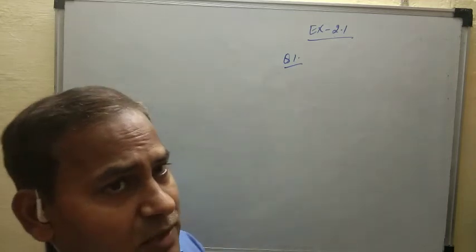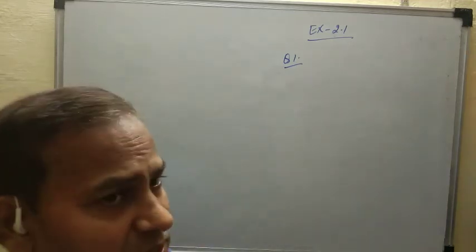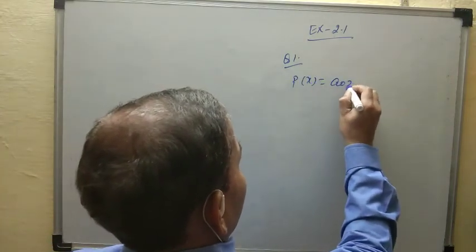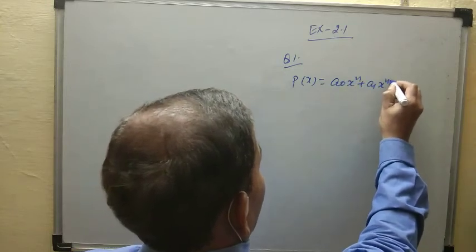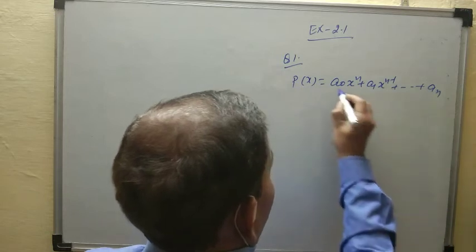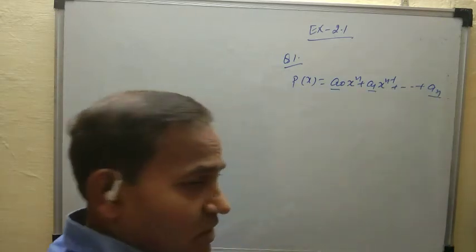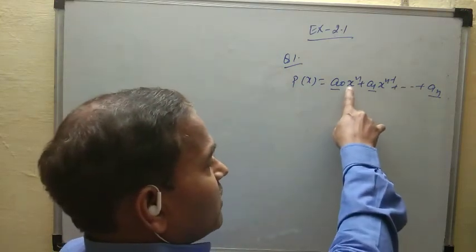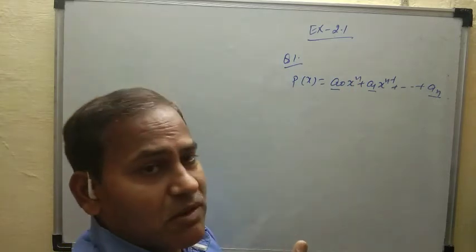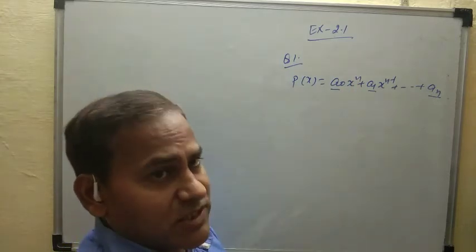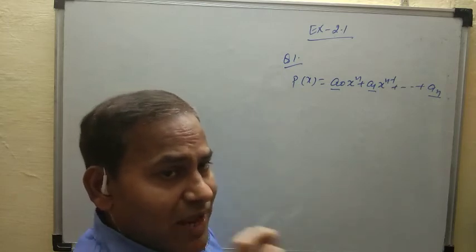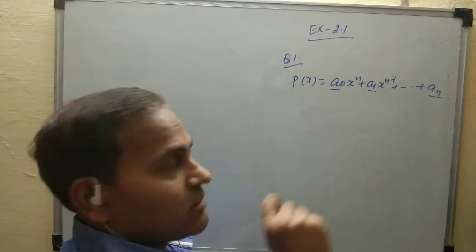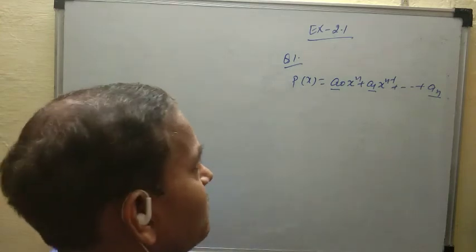आप polynomial के लिए एक पॉइंट और समझिए. polynomial के लिए क्या क्या होना चाहिए? Since general form p of x is equal to a naught x to the power n, a1 x to the power n minus 1, and so on, when all coefficients are real numbers. ध्यान दोगे, कोफिशिएंट्स आर रियल नंबर और वेरिएबल टर्म x के पावर क्या है? होल नंबर. फ्रैक्शनल फॉर्म में पावर नहीं होना चाहिए. पावर कैसा होना चाहिए? होल नंबर. सो n इज ए होल नंबर.